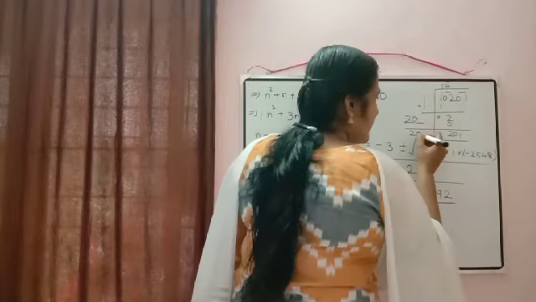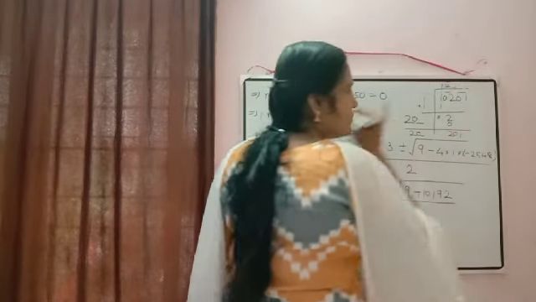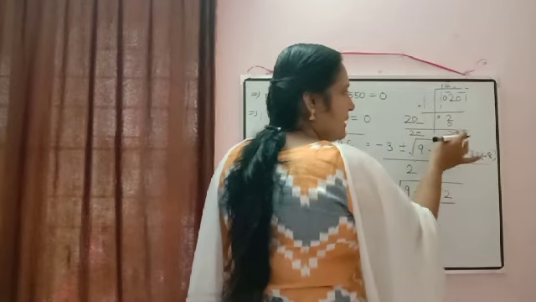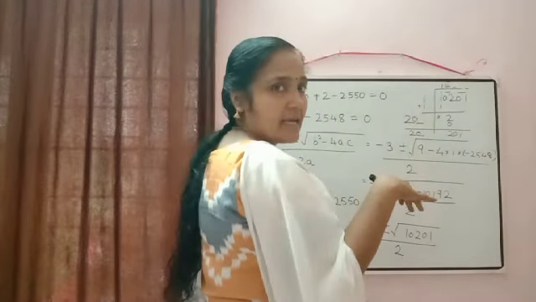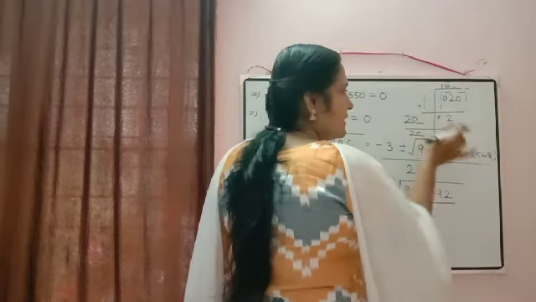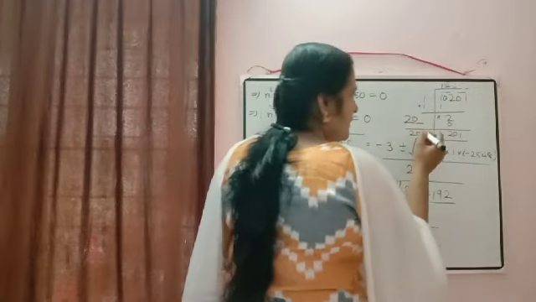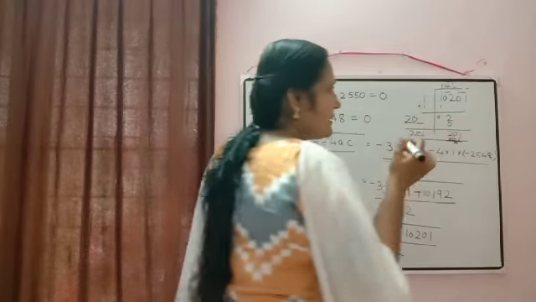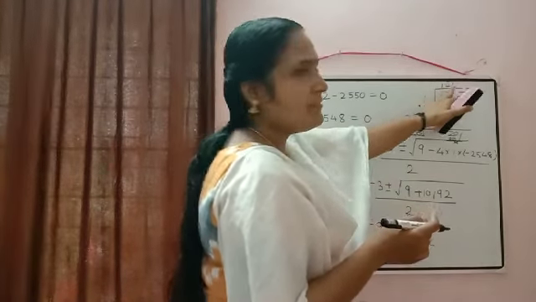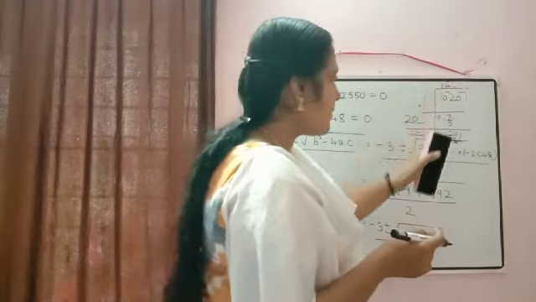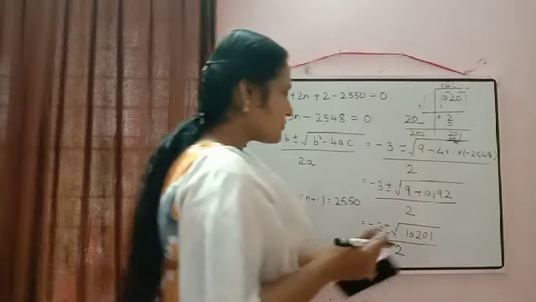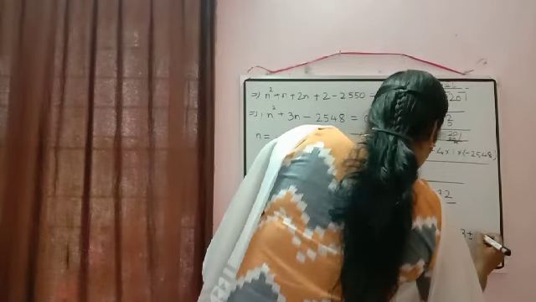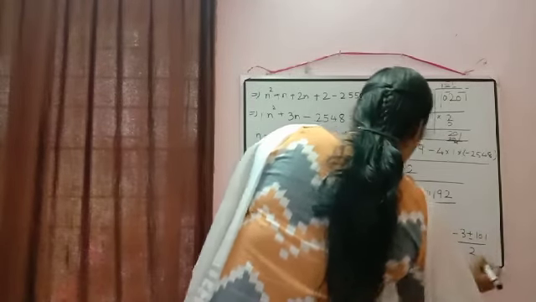Now again the same, whatever number will come here, the same number should come here also, and the multiplication of these two should be equal to 201 or less than. If it is a perfect square, then it should be equal to 201. So obviously 1 only will come, 201. So it will get cancelled. So the number which you are getting at the top is the square root of the given number. So the square root we are getting here is 101. So minus 3 plus or minus 101 by 2.